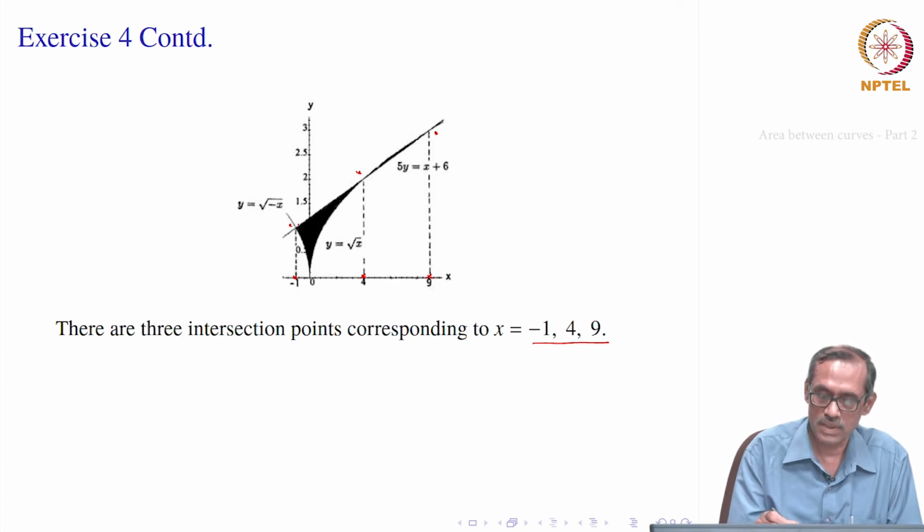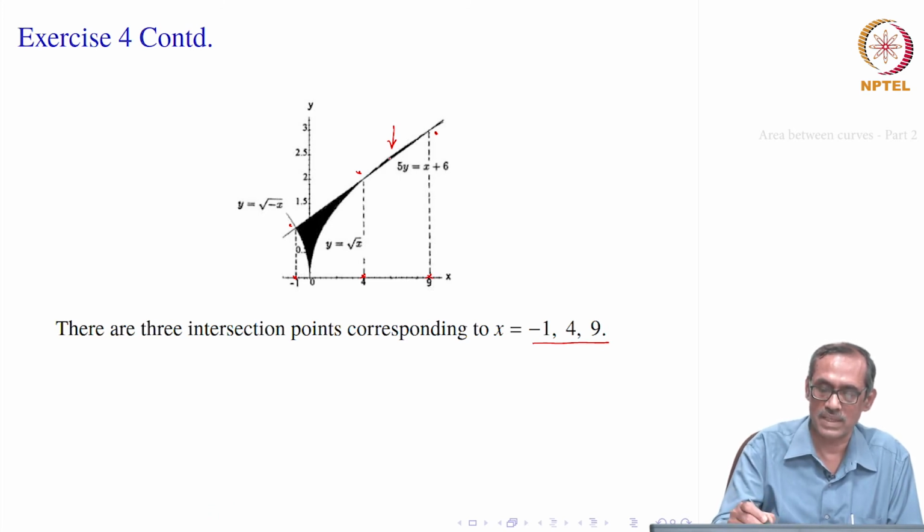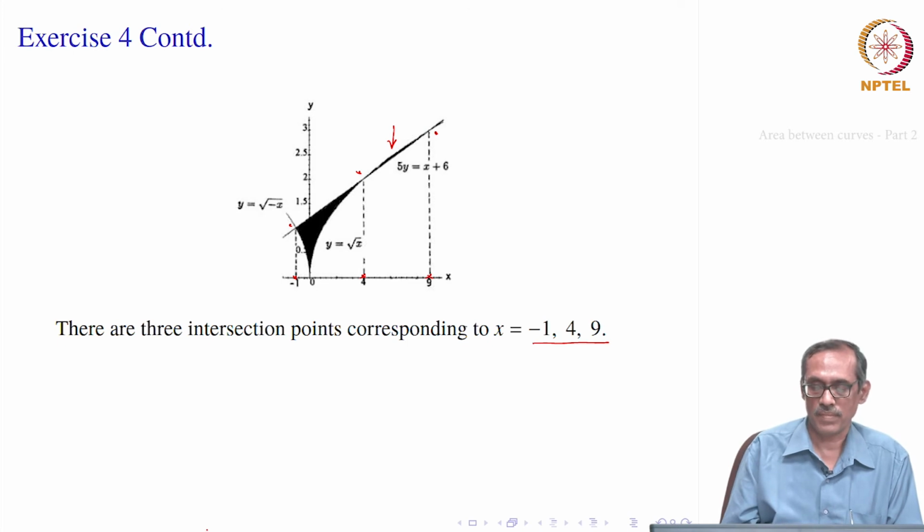The area of this area is clear, but the other area also is here, which is looking very small in the picture, but there is some area here. It is not a straight line. Had it been a straight line, its area would have been 0. It is not. It is really intersecting at 2 points, and there is some region formed. Okay. So, now how to compute the area of these regions?